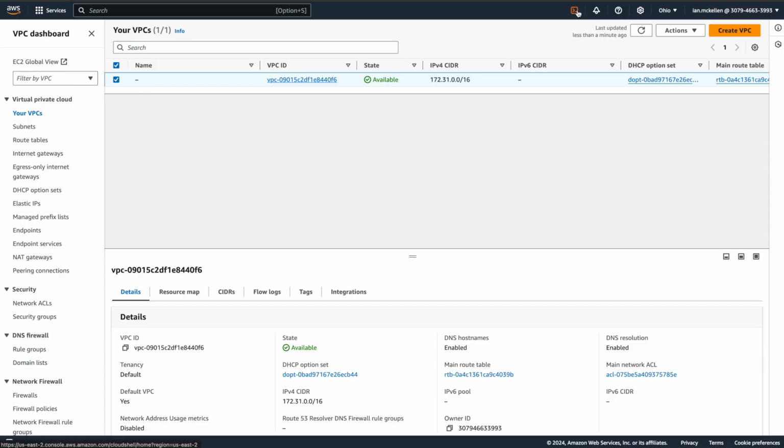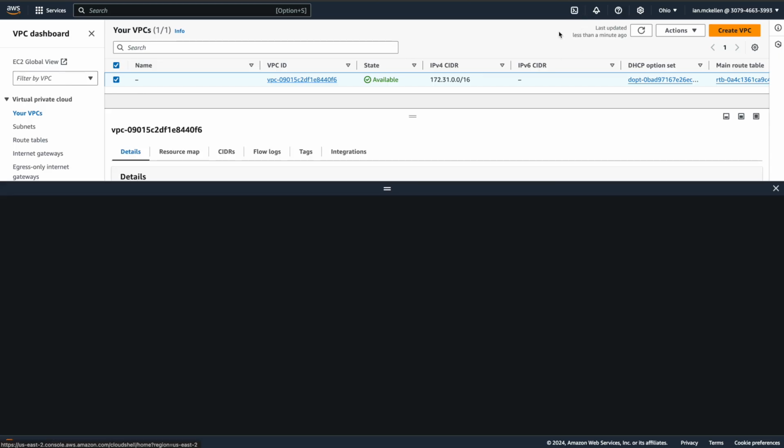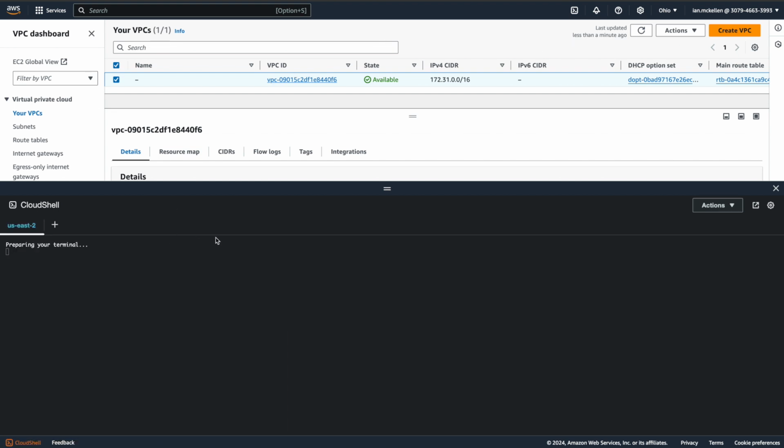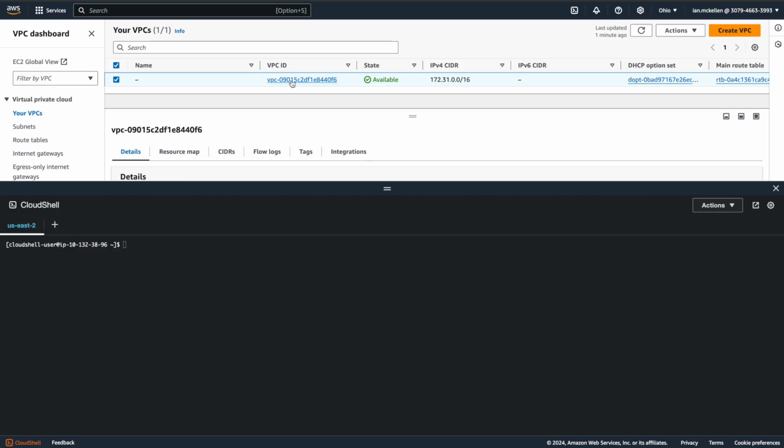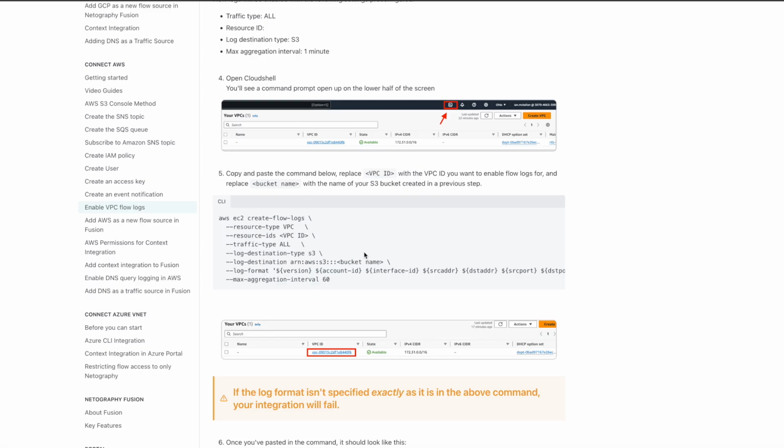So first, let's open up the Cloud Shell by clicking the terminal icon in the upper right. This gives us a command line where we can paste commands. And you're going to need to edit the placeholders in the CLI. VPC ID is going to need to be your VPC ID here, and bucket name is going to need to be replaced with the name of your S3 bucket where we're going to be sending your flow logs, and that we created in the previous step as